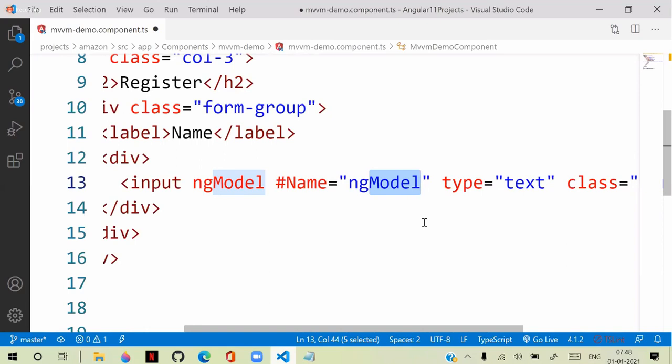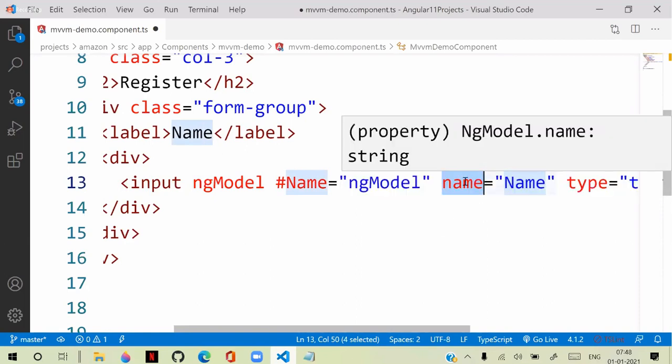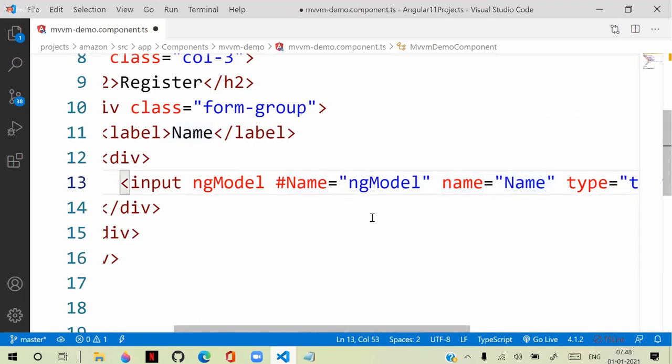I hope everyone knows that. In order to submit the form data, every element must have a name. So here, every element should have a name, and the name for this text box is name. That means without the name attribute, the form data is not submitted, so you cannot collect it. That means the model will be using this name, and it will be storing your value into that reference actually.